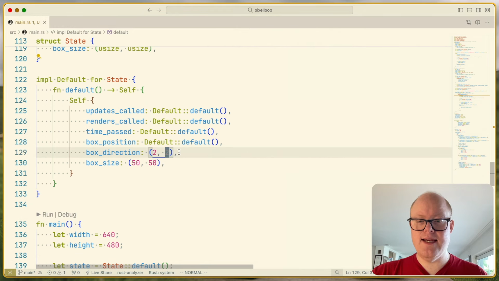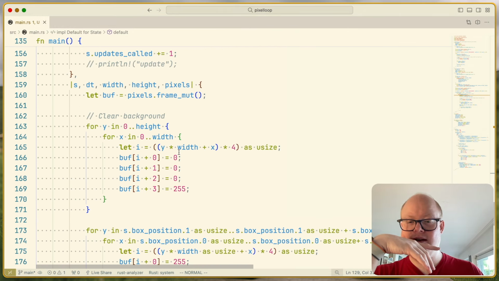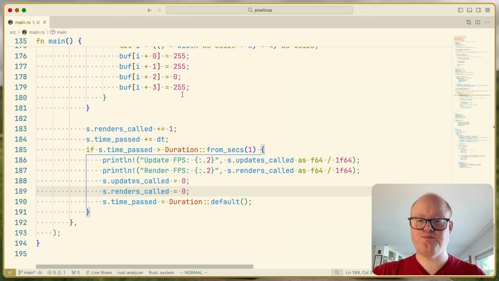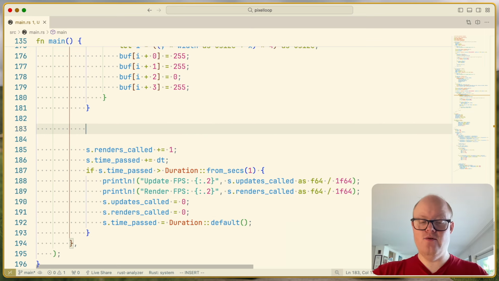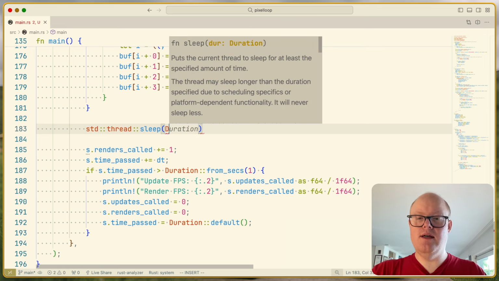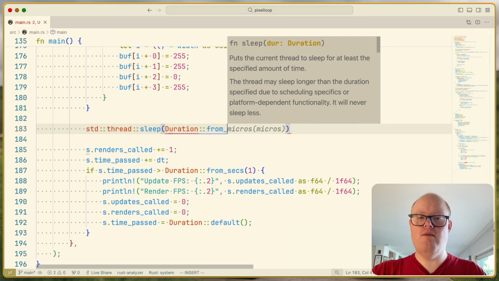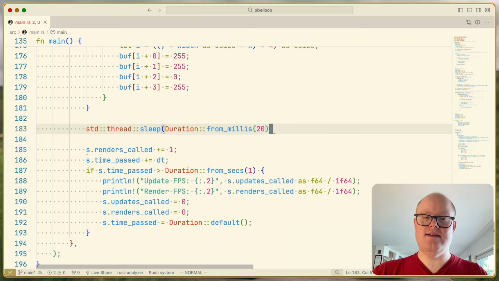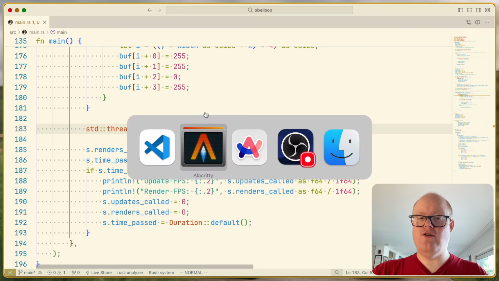What happens if I'm doing something evil, like waiting in the rendering function, like std thread sleep duration from millis, and let's just sleep there like 20 milliseconds, then we shouldn't be able to render at 60